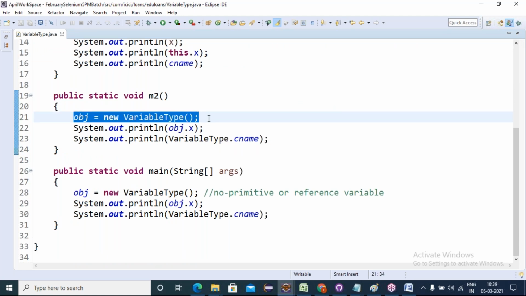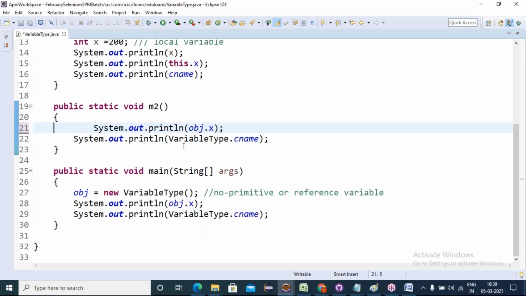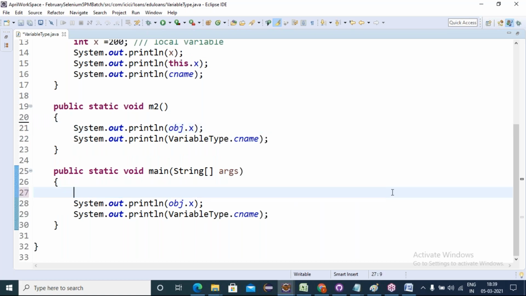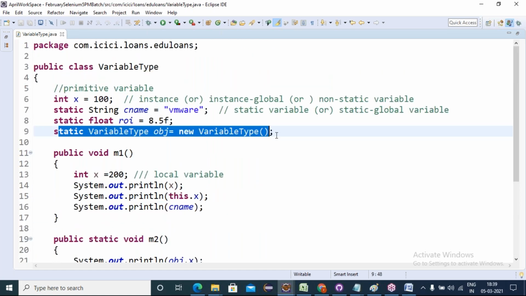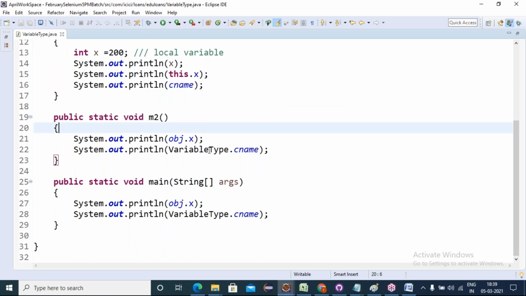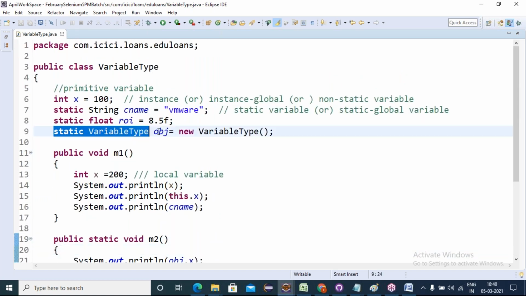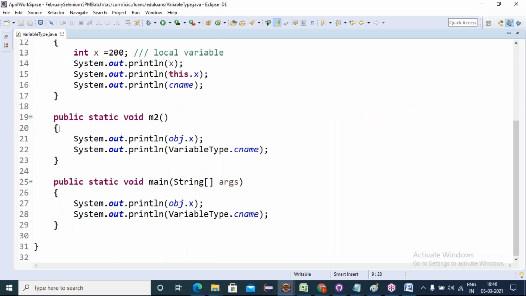Okay, fine. Two people are saying it is not required like this, right? You want to do like this, right? I'm saying we can do that, but it's not suggested. We can create, but it is not suggested. Always create only references globally and create objects inside the method.